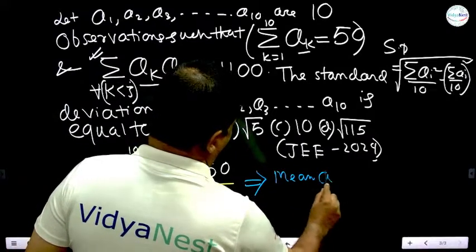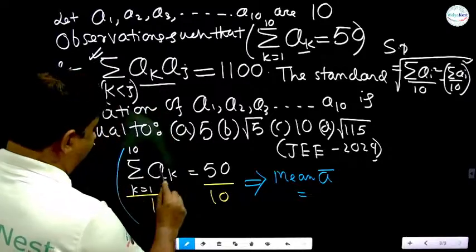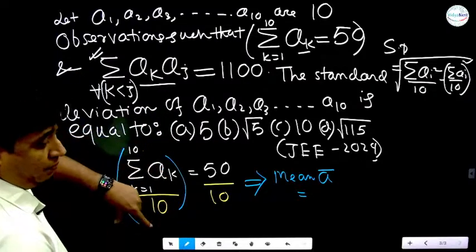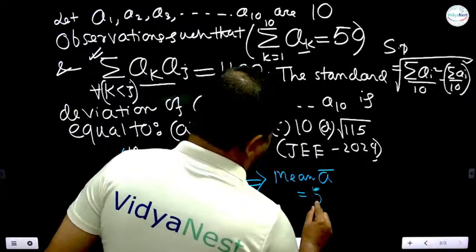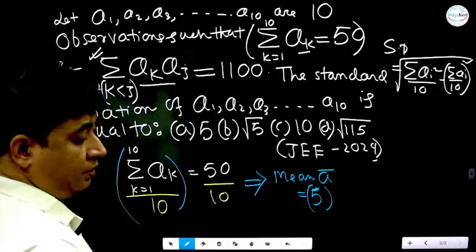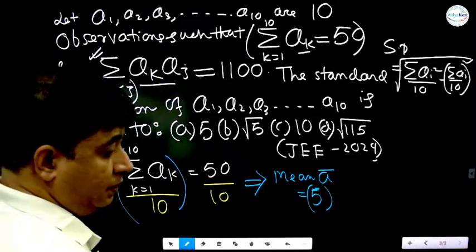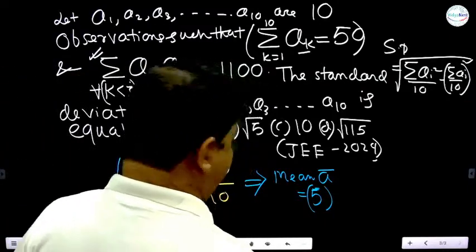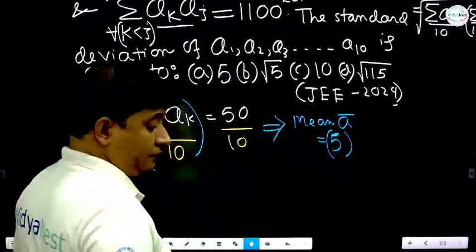Say A bar. What is that? This is mean. Sum of 10 observations by number of terms. 5. Mean is 5. Okay. Got it? Now